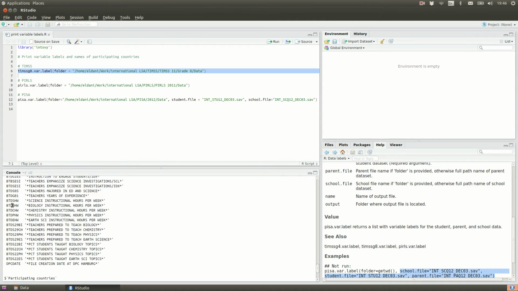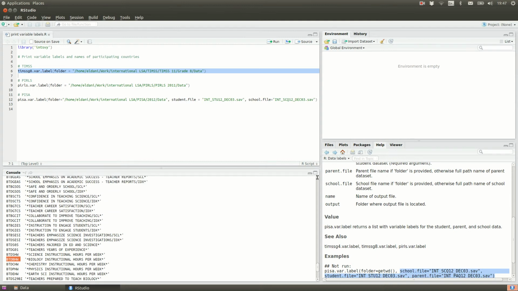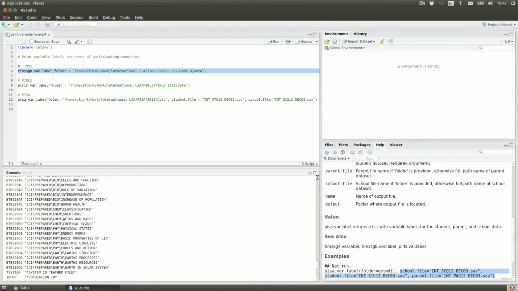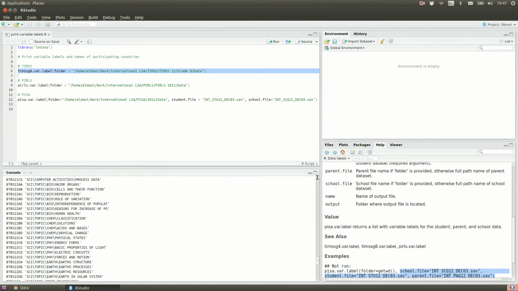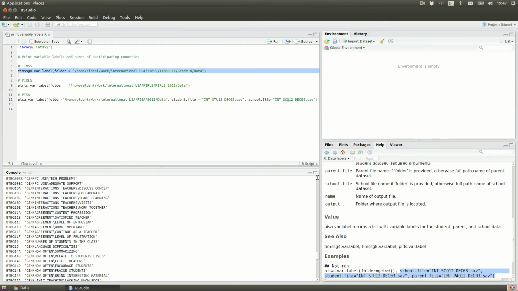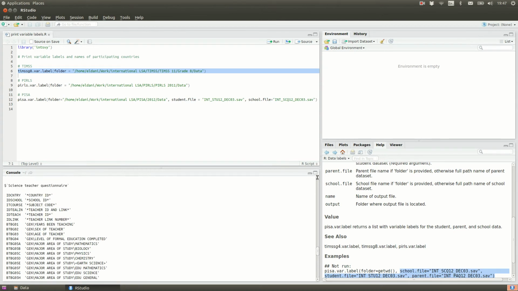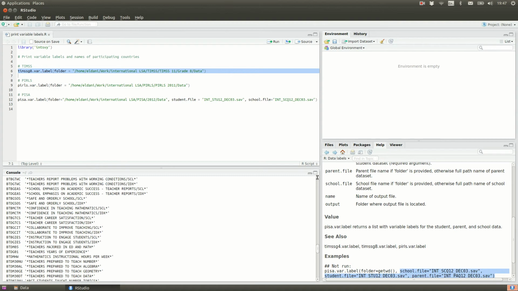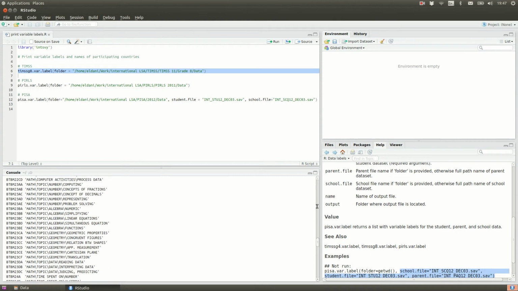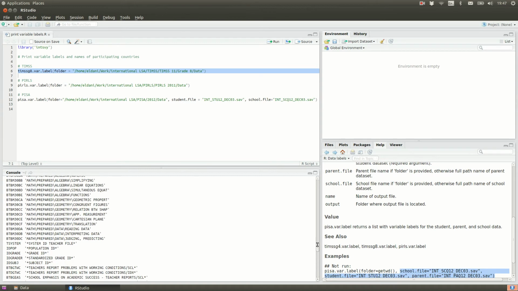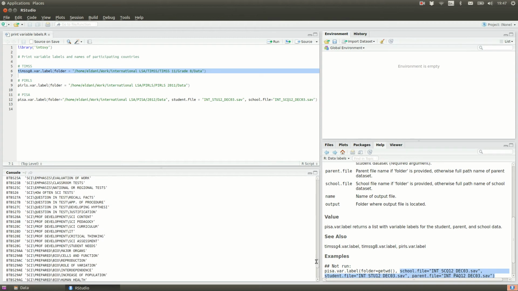We have variable names and labels, and we're going to use these names in order to select specific variables from the different instruments. So here you have the output for each of the instruments, for the teaching questionnaire, for the school or principal questionnaire, for the student questionnaire, parental questionnaire. So all of the instruments that are part of the study and that are available in the datasets